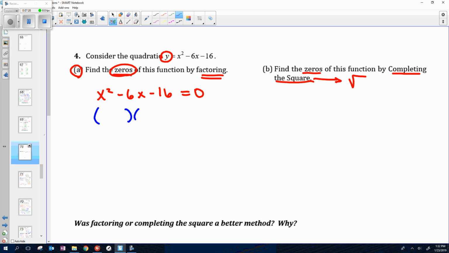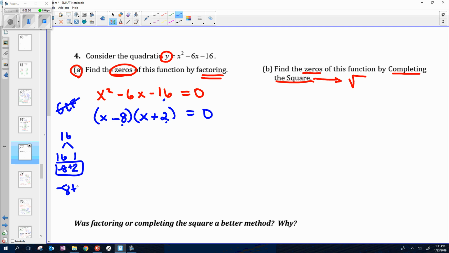And then I'm going to factor this trinomial. I notice that there's no GCF, and so I'm just going to factor the trinomial into x and x, and 2 numbers that multiply to be 16 could be 16 and 1, 8 and 2. I'm going to stop there because I notice that 8 and 2, if I have a -8 and a positive 2, will multiply to be -16, if you look at those 3 dots that I just made. And if you add -8 plus 2, you get -6. And that's the middle term,